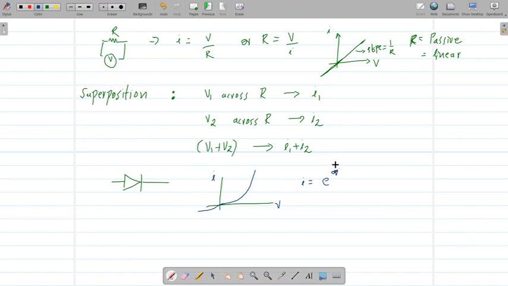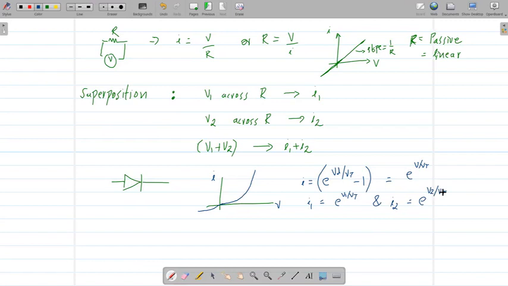So we said that was exponential of V diode over VT, minus 1. That was the expression for current across the diode. And if we say approximately, that's equal to exponential of V over Vt. Let's ignore the minus 1 for now. So if I have a current I1 due to a voltage V1, that's going to be exponential of V1 over Vt, and a different current I2 would be due to exponential of V2 over Vt.